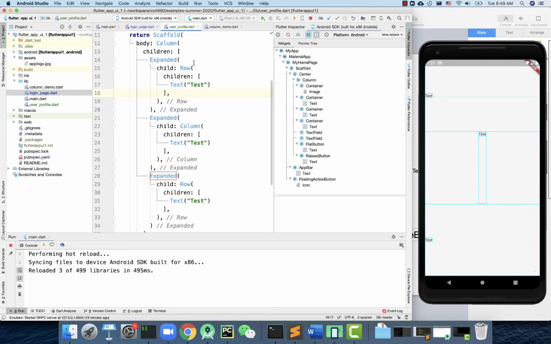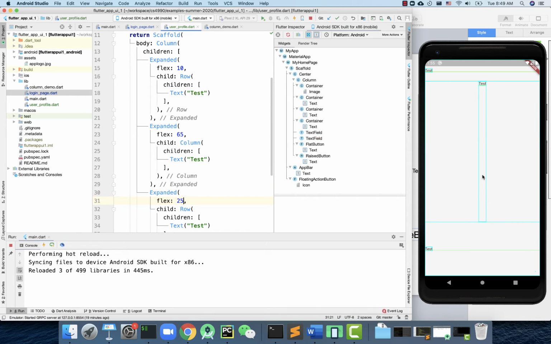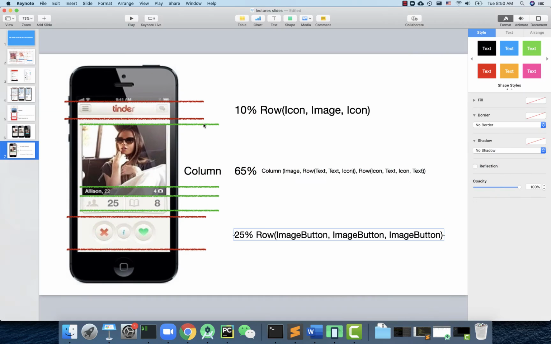So that gives you some better idea, and then we can specify the flags. This one is gonna get 10%, this one getting more, 65, and then here we do 25. All right, rerun it. Now you can kind of see the idea about the screen, right? This is the top bar, 10%. This is the middle area where you have most of the space, and right here you got the bottom buttons to play around with. It looks pretty good, right? So with this, we're finishing the first level of division, and then we can focus on each individual